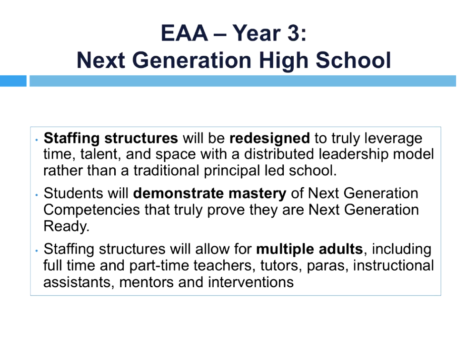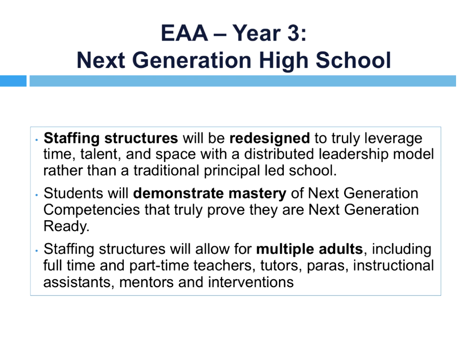Looking at next year, what we're seeing in our planning is we're starting to look at how do we now use staffing differently and really make use of different adult roles. We allocate all of our schools a budget from which they can determine how they staff. So we're really looking at different opportunities for full-time teachers, part-time teachers, tutors, paras, all kinds of different adults, college students who can support the learning process, not necessarily the typical 1 teacher to 25 students or 1 teacher to 30 students. We're also looking at a distributed leadership model in our new design high school for next year.